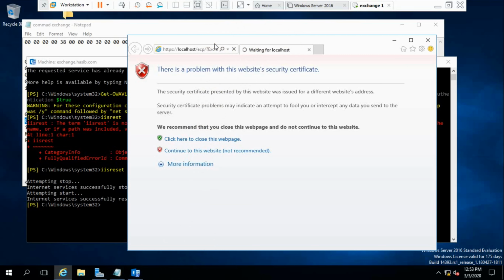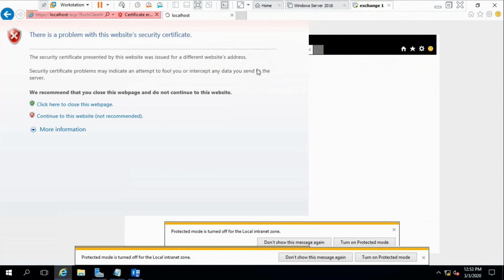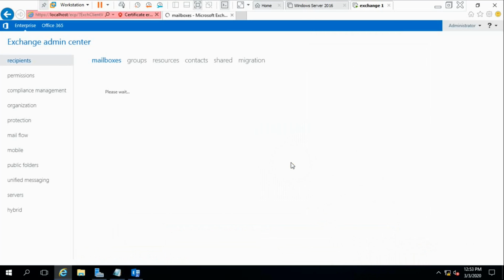Waiting for localhost. Finally, we have logged in to Exchange Admin Center.